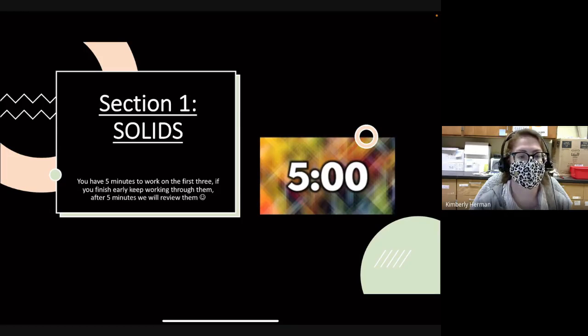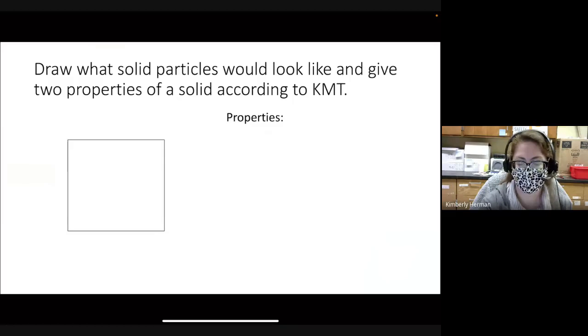So, section number 1 was solids. You have 5 minutes to work on the first 3. If you finish early, you can keep working through it. After 5 minutes, we'll review them. So our first thing was draw what solid particles would look like and give two properties of a solid according to KMT. So remember KMT is just the kinetic molecular